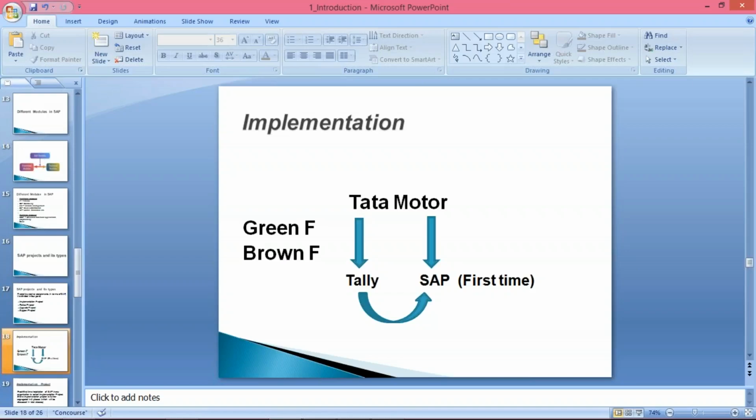So Greenfield implementation means totally new, in the sense that plant construction is also going to happen. It means a totally new setup is going to happen. Their corporate office is also being constructed. At the same time, this SAP implementation keeps on going. If a certain deadline is there, let's suppose on a particular date we are going to inaugurate this plant, the plant will become functional and production will be started.